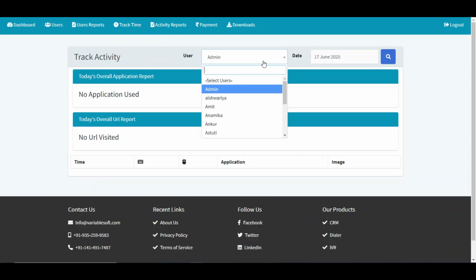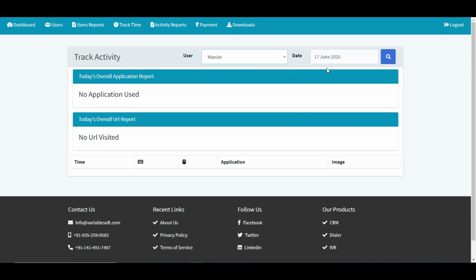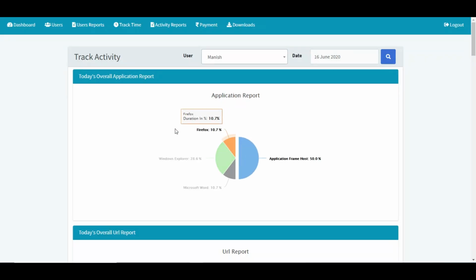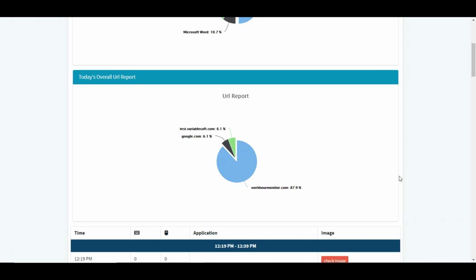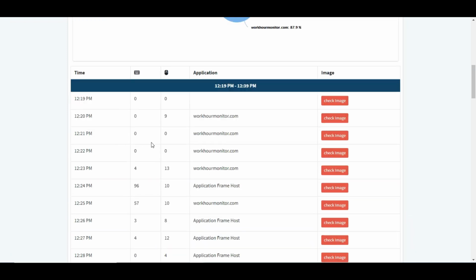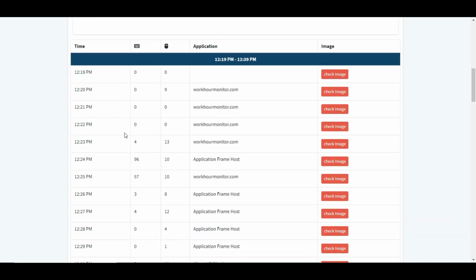Activity reports: the user can get the activity reports on a specific date, the URL report, or the keystrokes and mouse clicks on every minute.